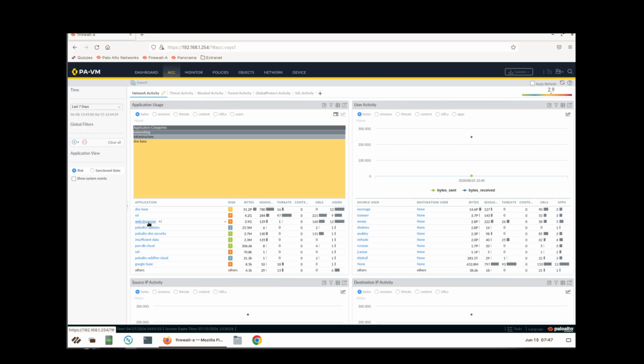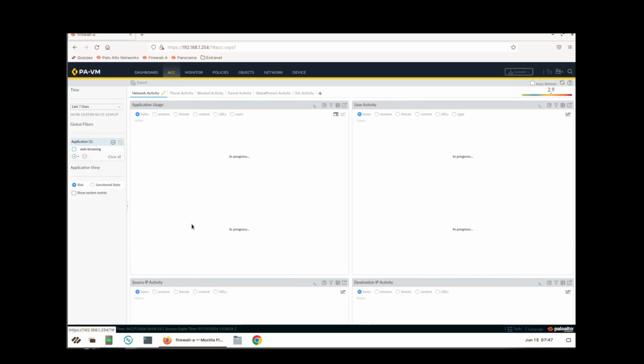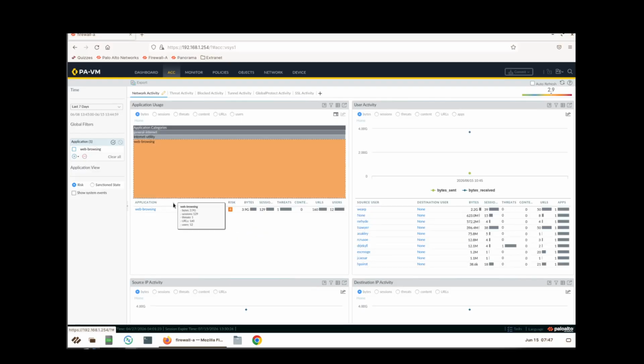The application uses widgets that give us a visual breakdown of application activity. So we're going to click the arrow to filter just on web browsing, as you guys can see here. Essentially, this is called promoting this application to a filter. Now we're going to scroll down to where we can see the rule